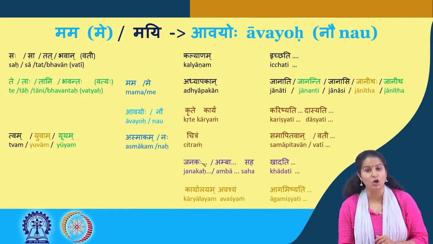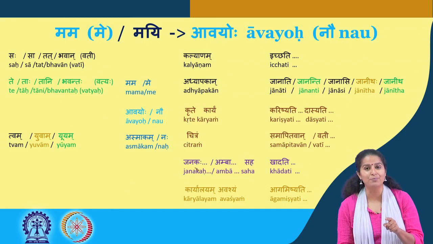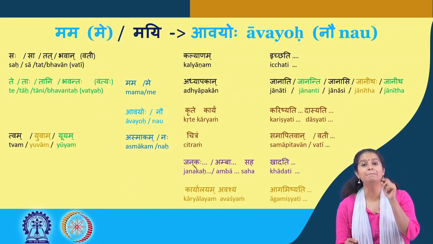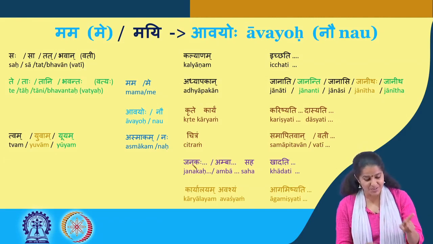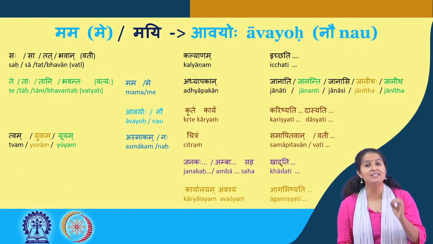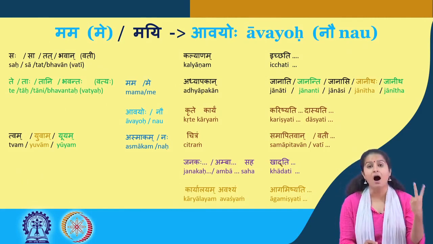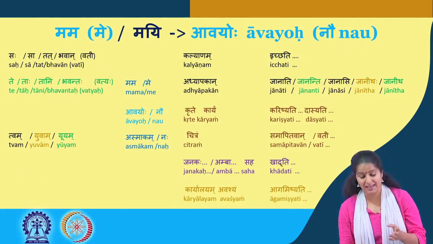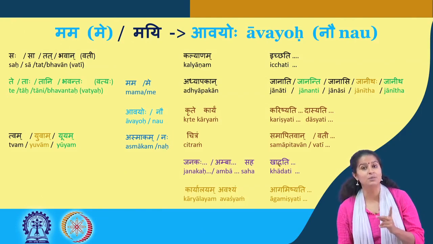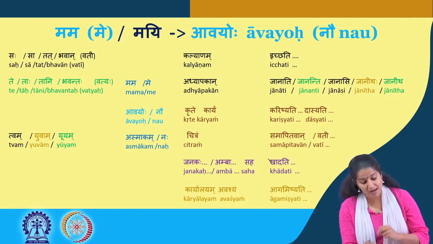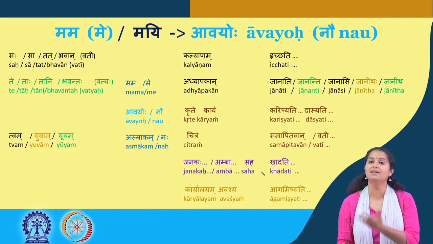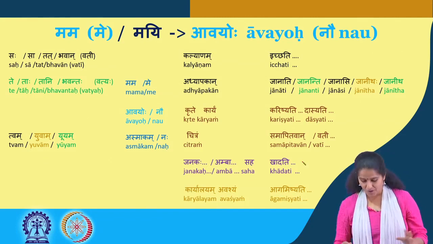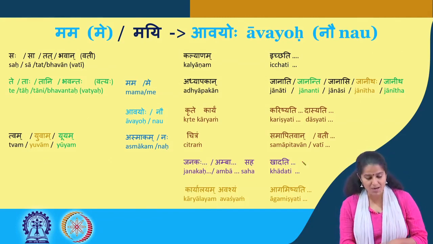And the next one is with janakena saha. So I've kept the dot dot dot so that you can fill in correctly. So the moment you see a saha, you have to make it janakena, and amba becomes ambaya. Okay, so saha mama janakena saha khadati, he eats with my father. Saha avayoho janakena saha khadati, eats with our father, two of us. Saha asmakam janakena saha khadati. Got that? Let's move on to the last one.